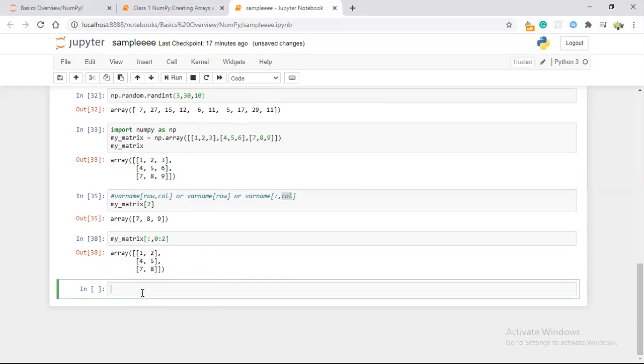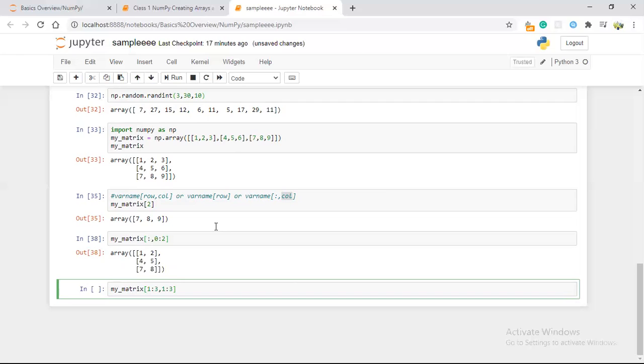In case I am applying both row and column, with the variable name, inside this I'm just going to give a row. Row means we can give 1 colon, that's all. Or what I'm going to do here is 1 colon 3. Anyhow, the last value is excluded, so 1 and 2 we are able to get, comma, I'm going to give 1 colon 3, the same.